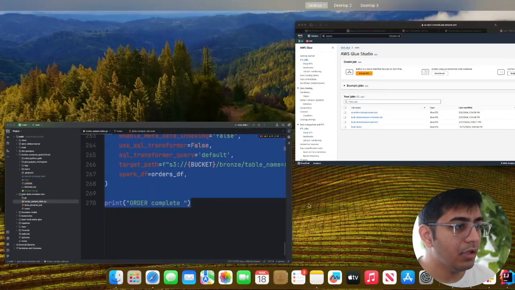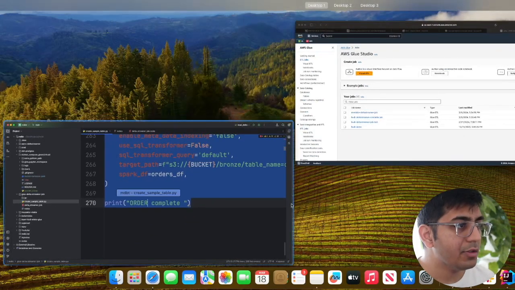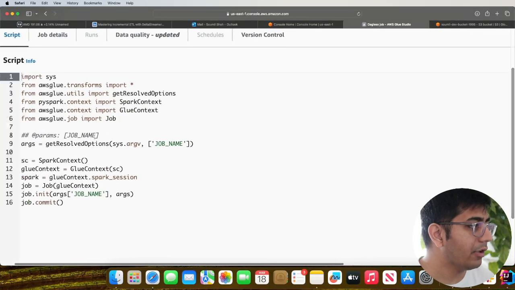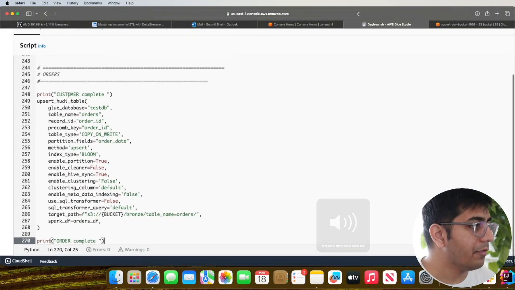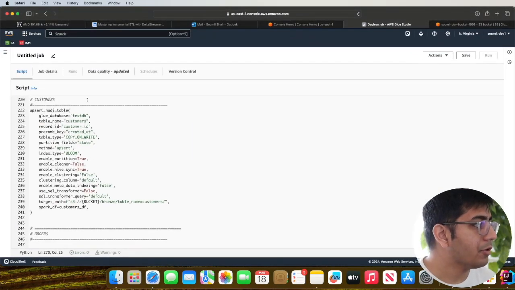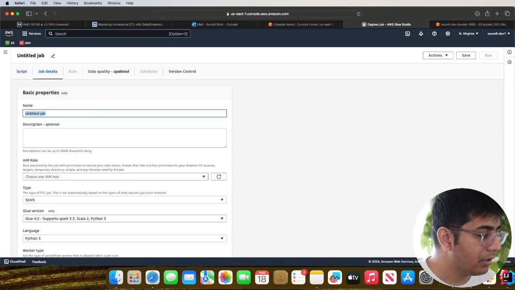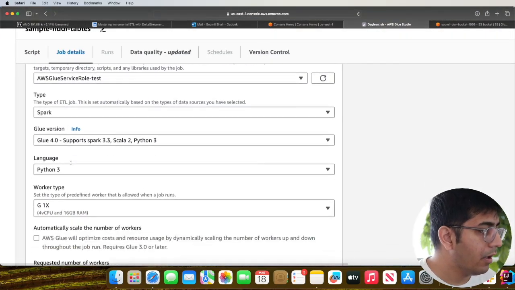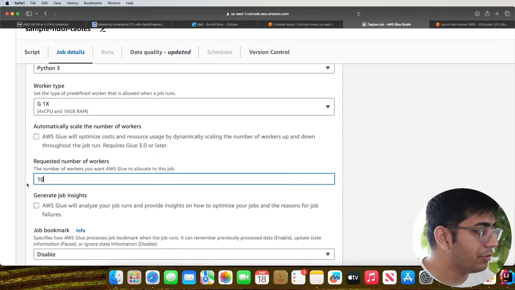So step one is we need to create two sample hoodie tables, which are cataloged in the Glue Hive Metastore. For that, I have a script, and we simply run the script. This will create two sample hoodie tables. So click on script editor, click on create script, and then paste all of this inside. Then go to job details, type the name sample hoodie tables, select the IAM role,